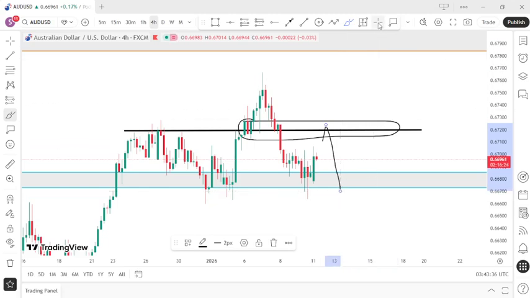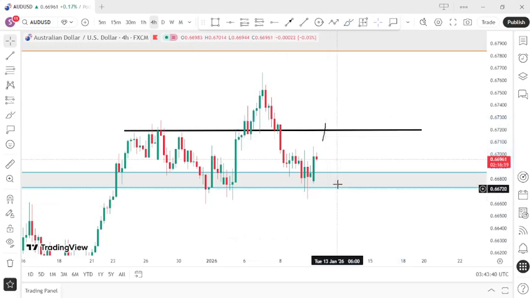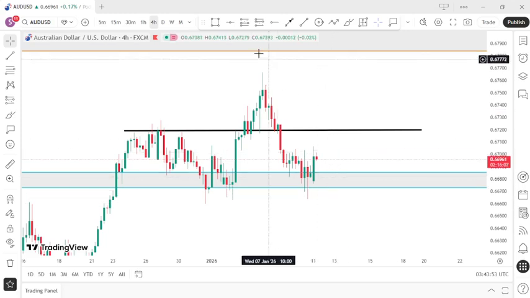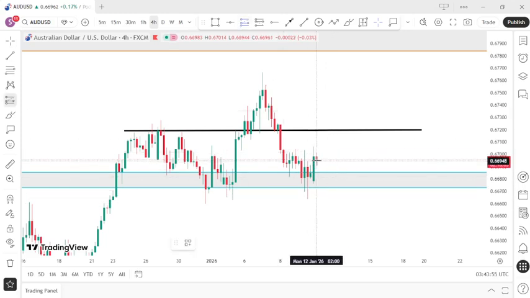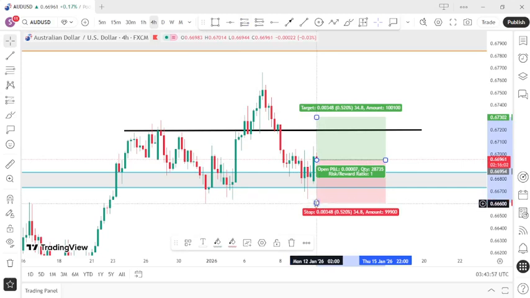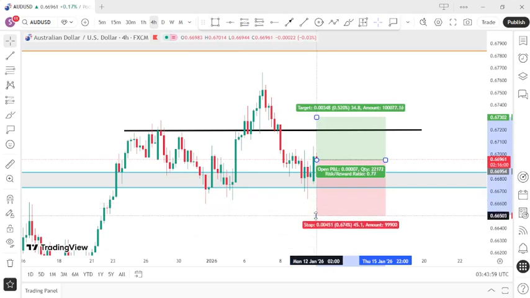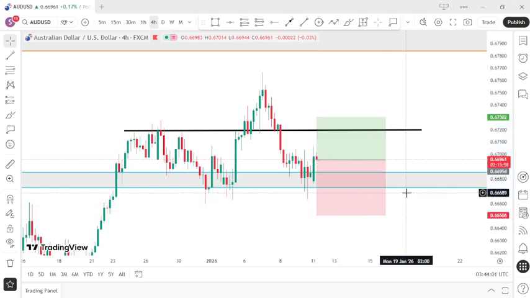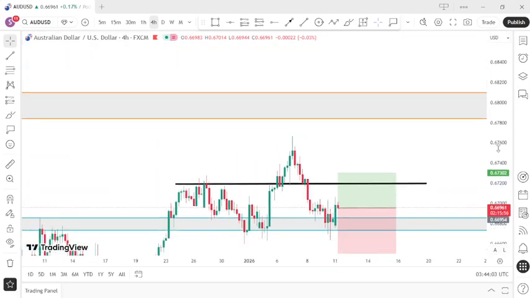So what you are going to do is enter, but we are going to watch this zone very carefully and make sure price breaks out of it. If not, then we will close our trade. So I'm going to buy AUD also now. Set my stop loss 45 pips. Then I target,